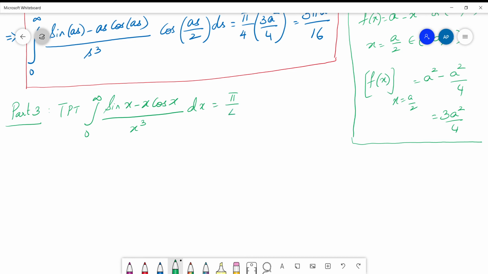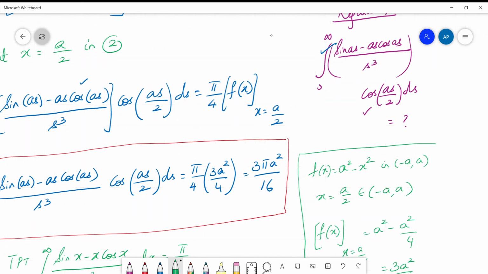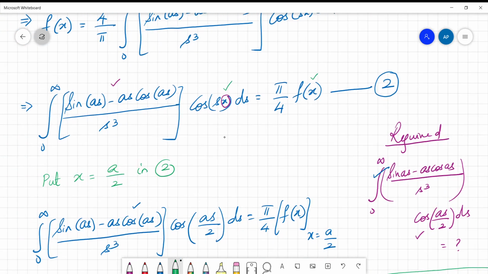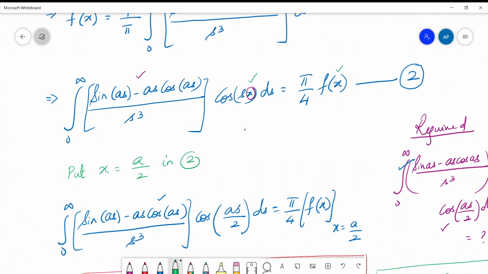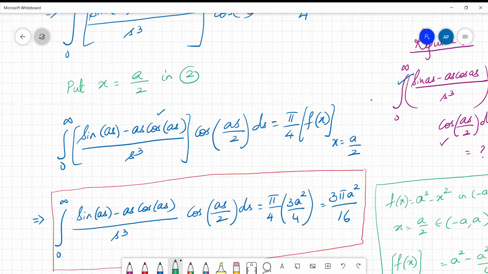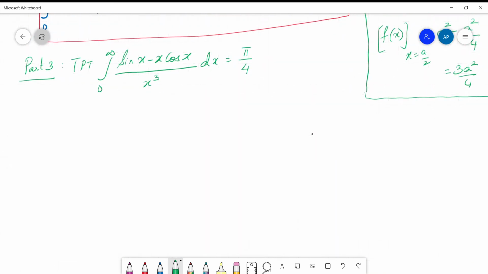Now don't look at that x as what we are talking as x. No. X is only a variable. You don't bother about it. Look at the format. I would like to go back to equation number 2 now, where we substituted x as a by 2. So now let me take 2 back and then see what kind of substitutions I need to make to get my new answer. So I will rewrite 2 for you and then we shall discuss.